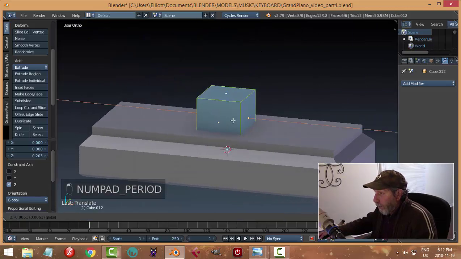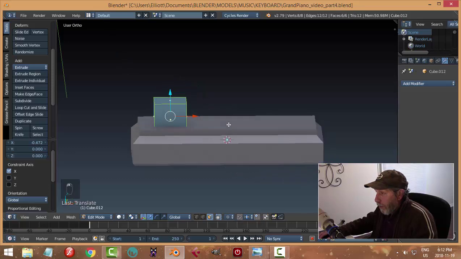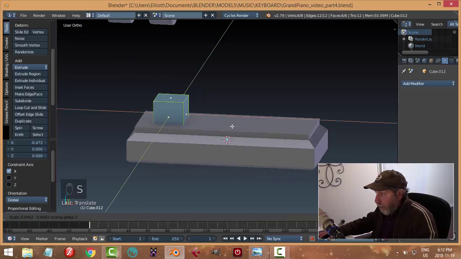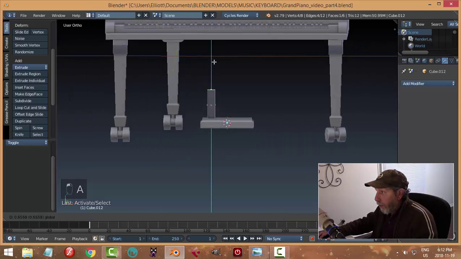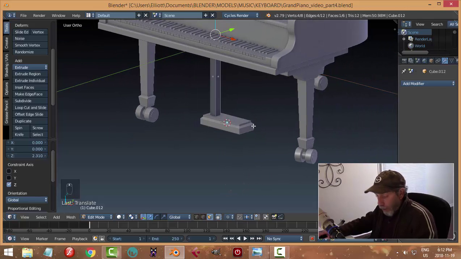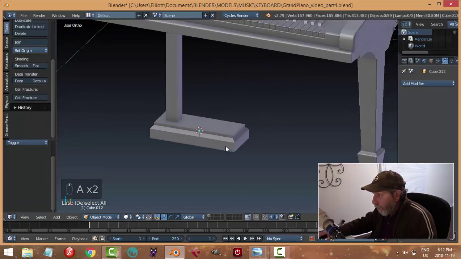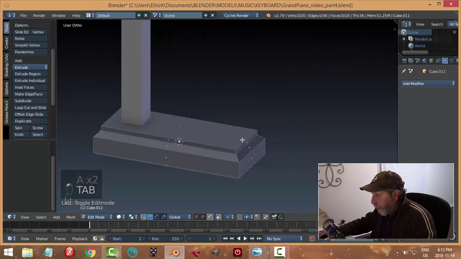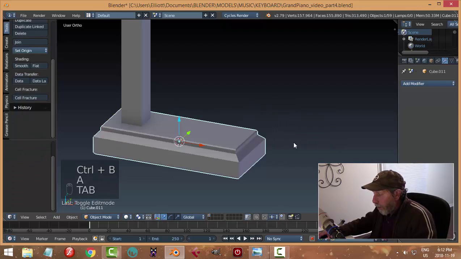Zoom in on that, and we'll get a piece like there. And I'm going to do something with this in a bit. And we'll scale Shift Z, just like that. And we'll take that one, and bring it right up to the top. Just have a look at this. Okay, let's do that. Okay, we will bevel it like this, just a tiny bit, so it's not super sharp